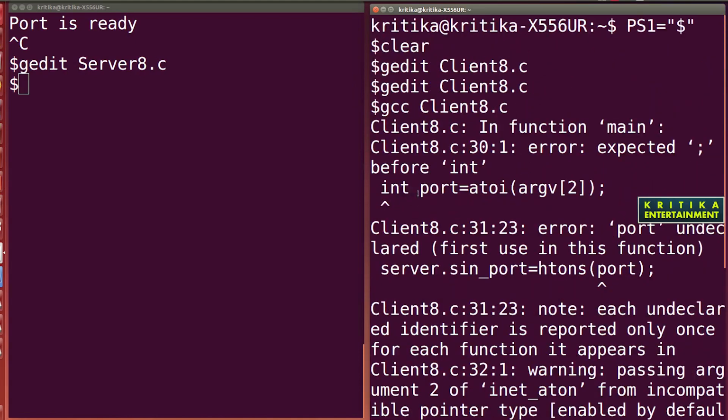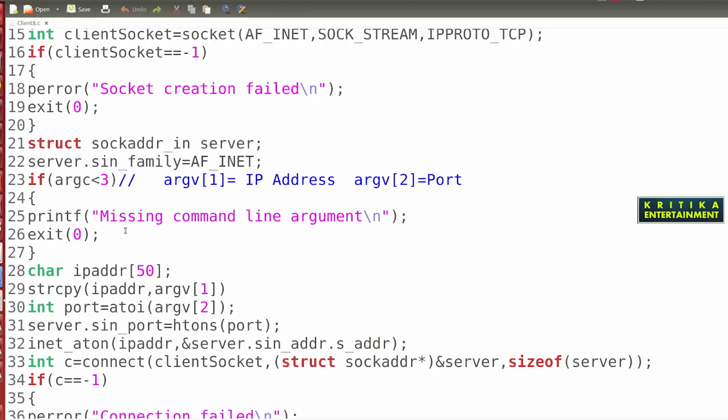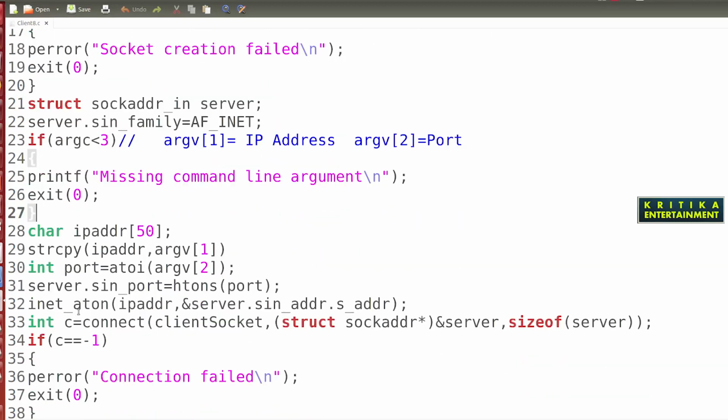Okay, int port. So server dot sin port is equal to STONS. Then I'll check why, if it is declared, then what is displayed?